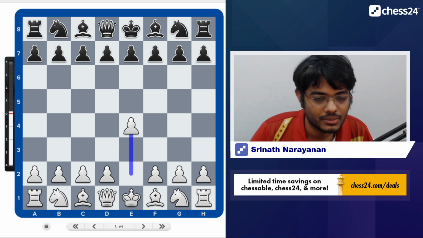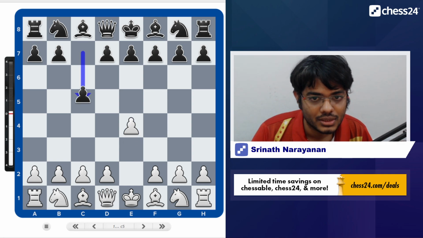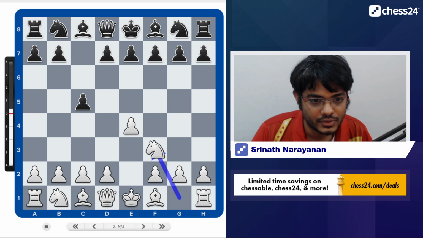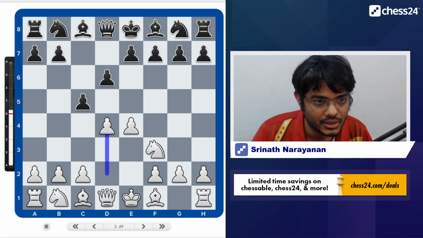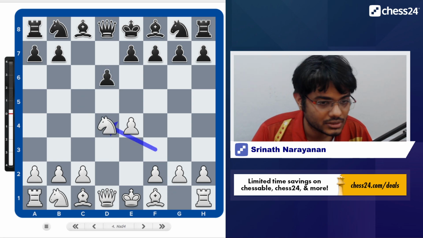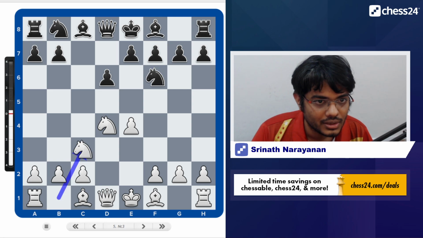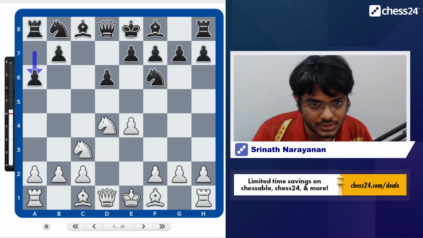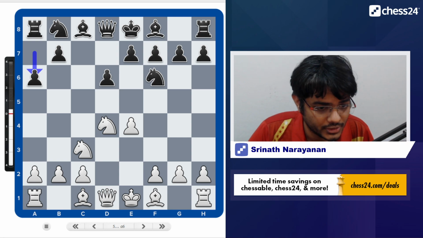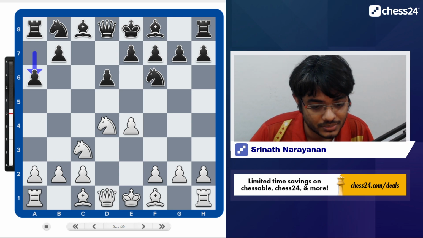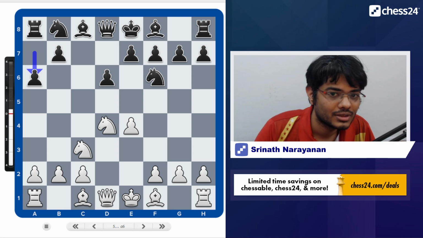Jordan was white and he began with 1. e4 c5 2. Nf3 d6 3. d4 cxd4 4. Nxd4 Nf6 5. Nc3 a6. The Najdorf Variation, in which Anish had done a course recently for Chessable.